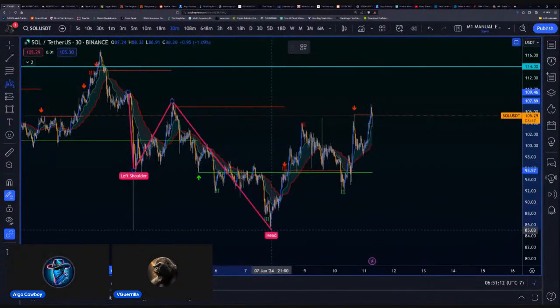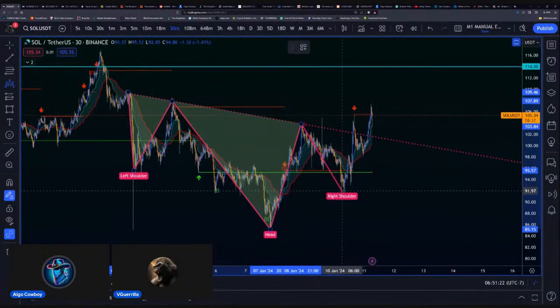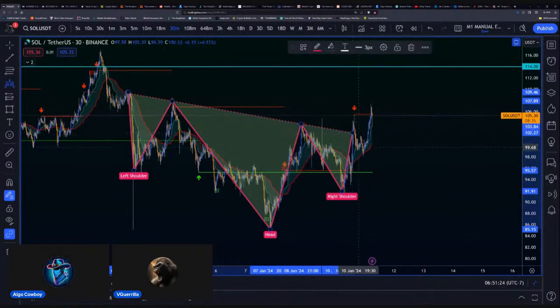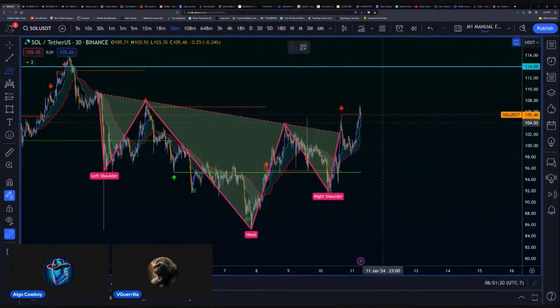But I wouldn't trade this unless the algos were in favor. And there's a lot of wildness. Like this is, I think, the Bitcoin fake news right here, this wick up here. So you always have to look at the reason for wicks. It's almost too late, I think, to take this trade. This would have been the trade to take about 4 or 5 hours ago, maybe.